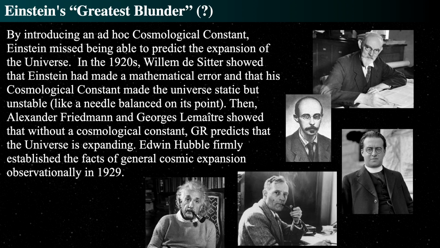Just like they say, so nice. Here's your static universe. Hope you can keep it. So basically that is the idea. That was what De Sitter found. He's on the upper right. And then Friedmann and Lemaitre, Alexander Friedmann and Georges Lemaitre, the two on the lower right, showed that if you get rid of the cosmological constant, general relativity seems to predict that the universe is actually expanding. And then Edwin Hubble in 1929, as we discovered, associated Vesto Slipher's redshifts and others that he took